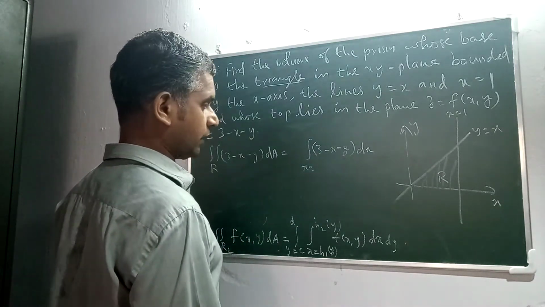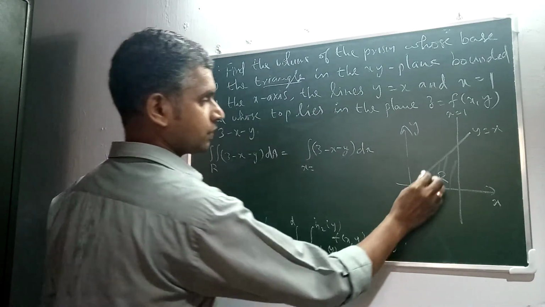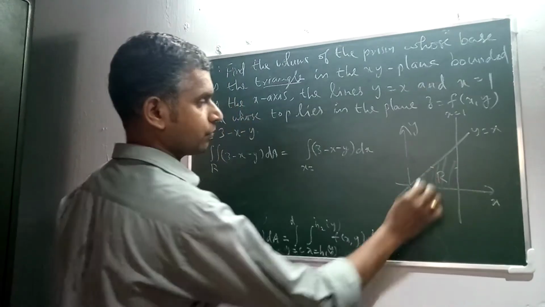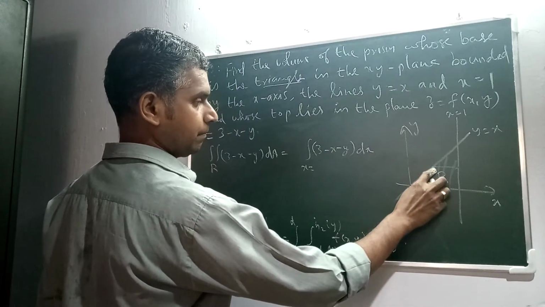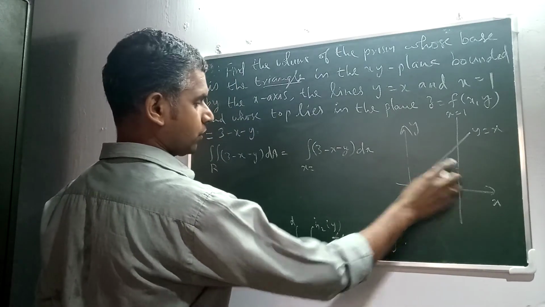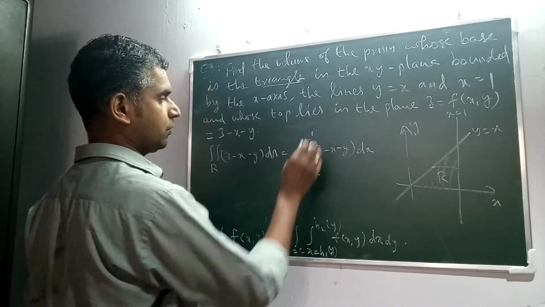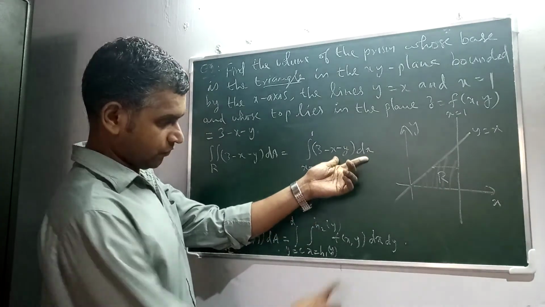What are the x limits of integration? So x varies from here to here. This is x equal to y and this is x equal to 1. So x varies from y to 1, f of x comma y dx,